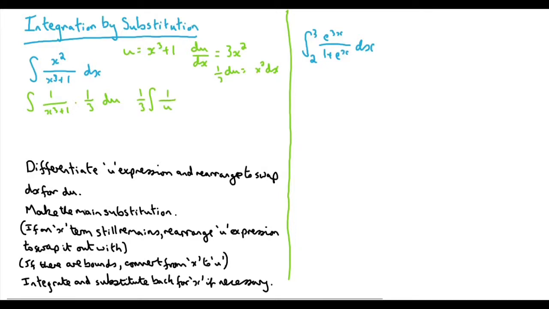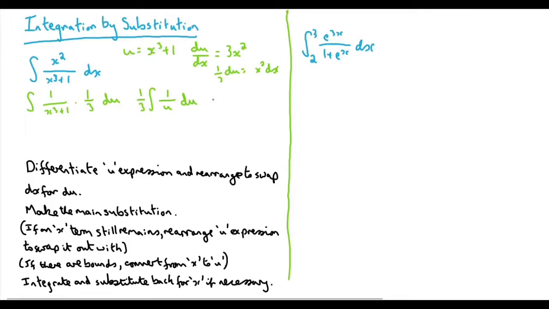We're now going to do the main substitution, switch out this denominator for that value of u. The reason I suggest not doing this first and doing the differentiating first is sometimes you'll find that with these du and dx expressions, that actually gets rid of the denominator for you. So if you've already switched out for u, you're going to get into a little complication. Switch out this first, and then only if this phrase still remains, then do you do the main substitution, as in this case. Either way, we now have a third of the integral of 1 over u du,